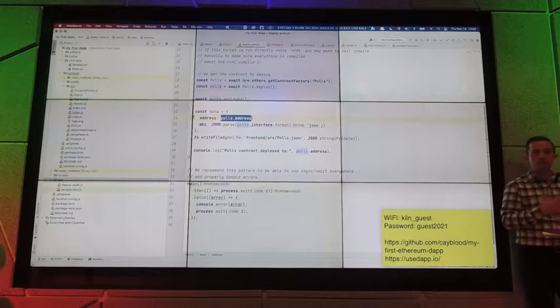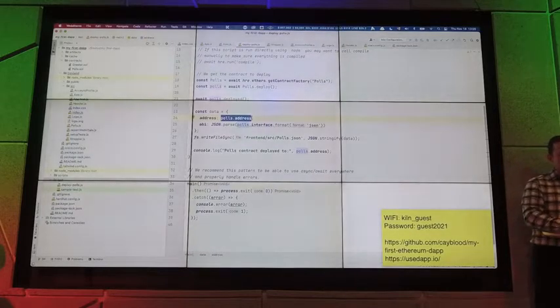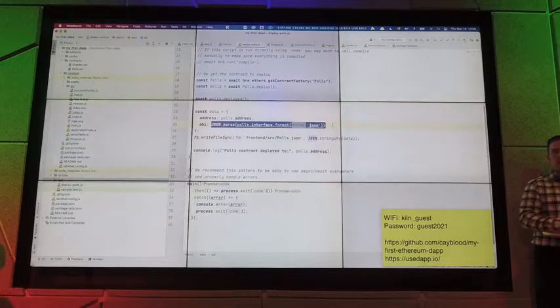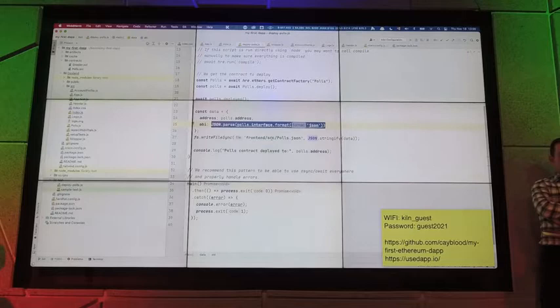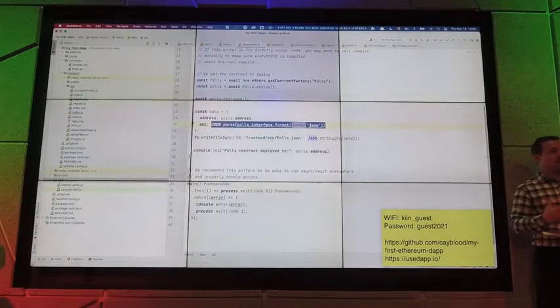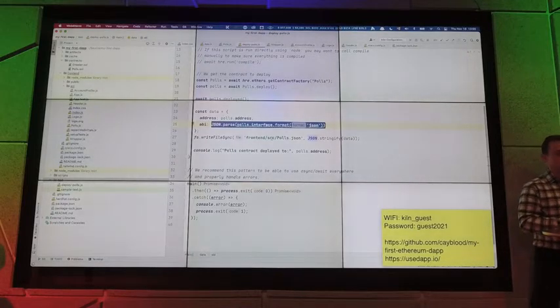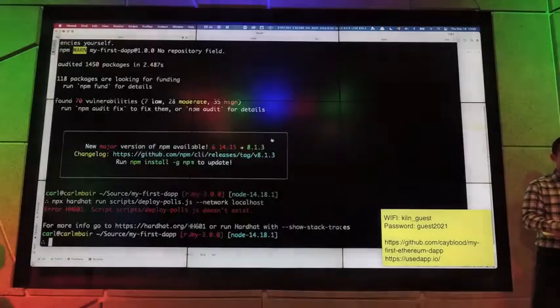So every time you deploy a contract, it has an address. And then it also takes the structure of the contract when it's compiled, which is called an ABI. And it saves all that to a file called polls.json in the front end folder. And the reason for that is so that my front end actually knows how to connect to the contract. So when I run this script,